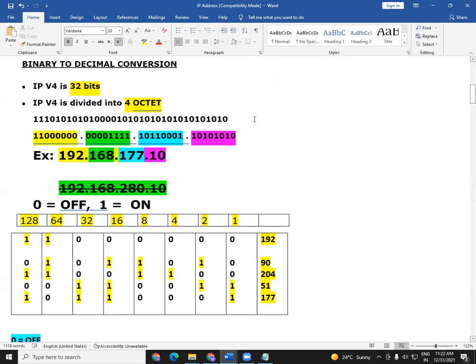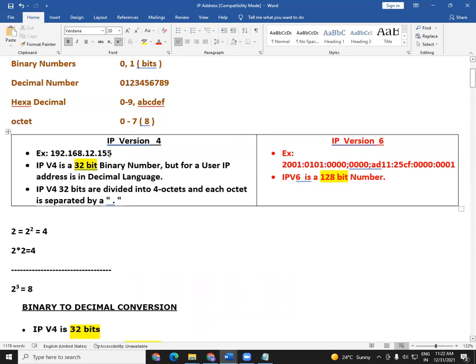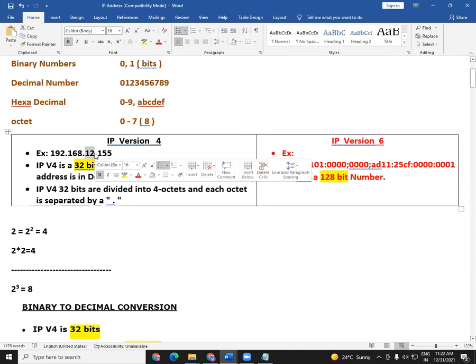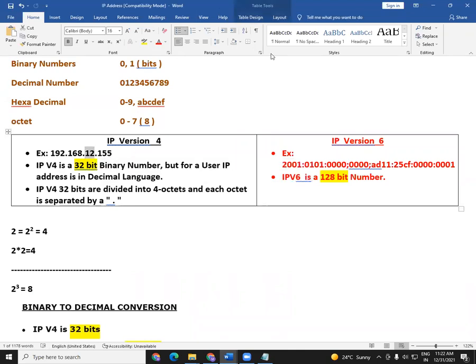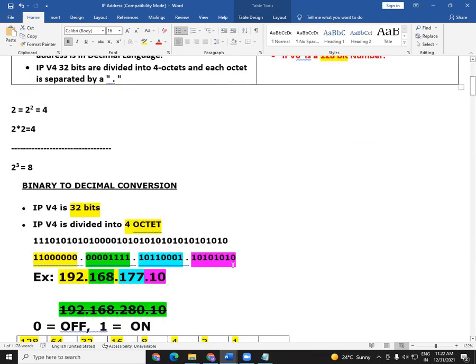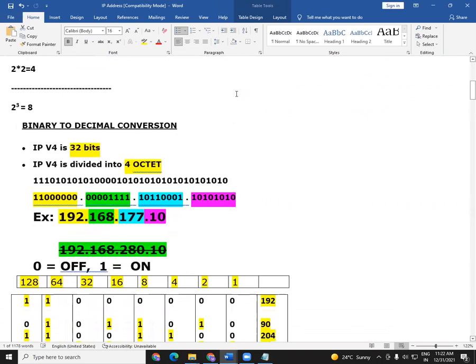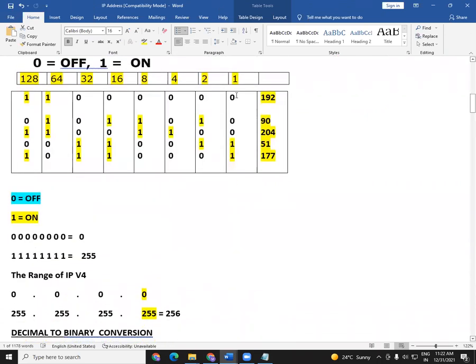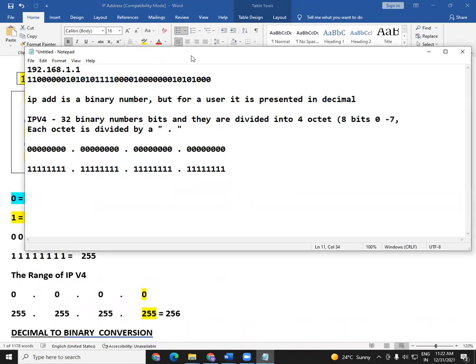Remember in the previous example, I told you, if you say 192.168.275, here 275 it will not accept. It will say 275 is an incorrect number. So why is it incorrect, what is the maximum number we can use, or what is the minimum number we can use? All these things we need to learn in this binary to decimal conversion. So how to convert a binary number into a decimal number? It's very easy. Let's see how.